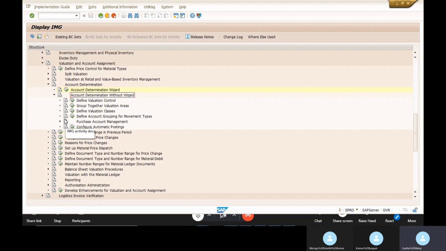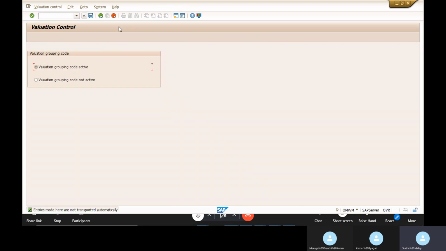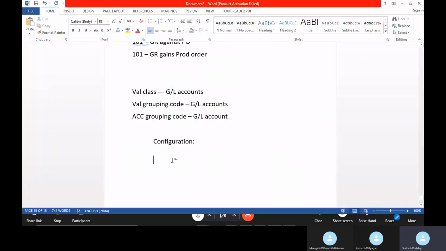Yeah, so this is a configuration part for MM-FI integration. It is a very important topic. First go for your valuation control, define valuation control. Before creating your valuation grouping code, you need to activate your valuation grouping code.